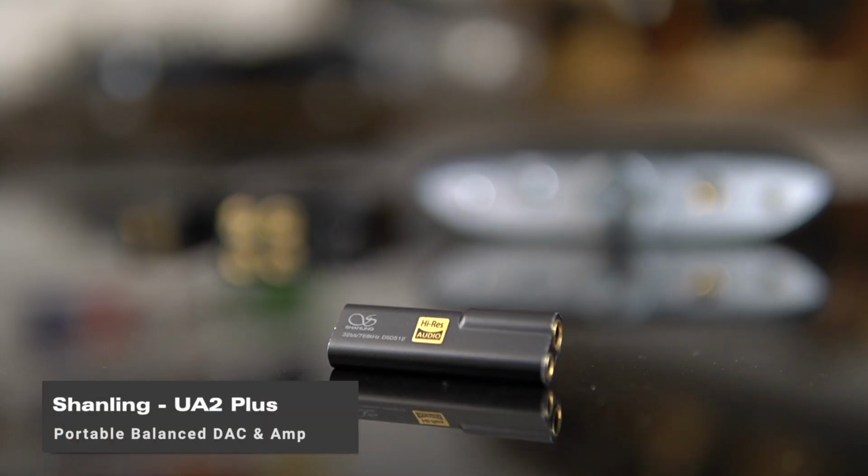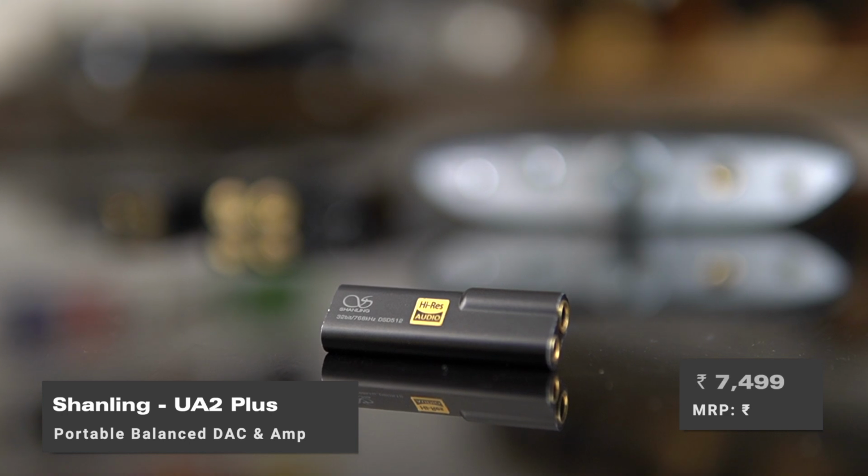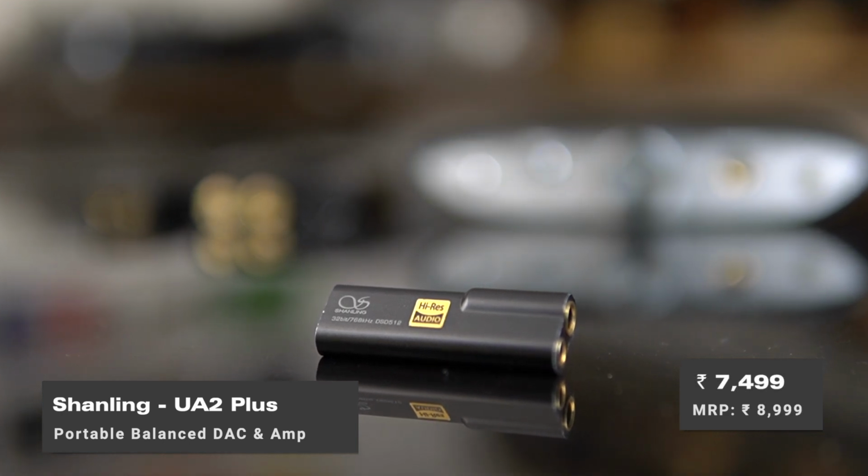Now, if you're going to take 28,999 for the Moondrop Blessing 2, you're left with a reasonably small budget for the DAC and Amp, and I'm going to go with the Shanling UA2 Plus, which is priced at 7,490 rupees. What the Shanling UA2 Plus does is pretty nice. It's got a detachable USB-C cable, so you can plug this straight into your Android phone to complete the setup,